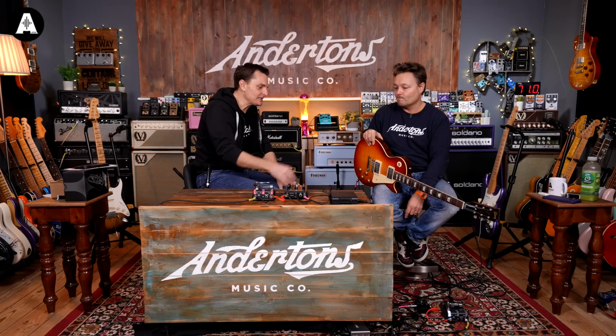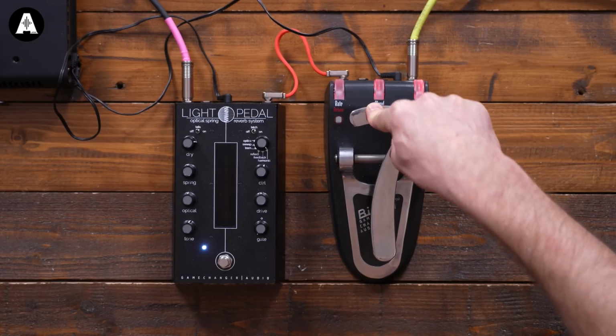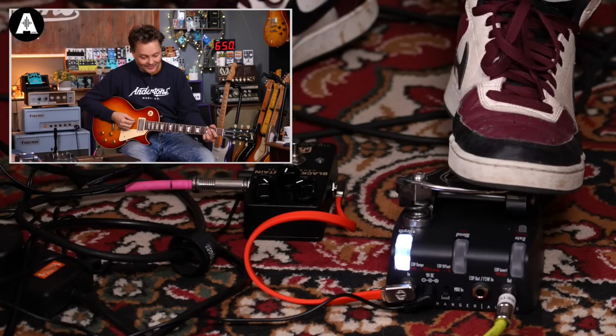Well, look, this is actually a relatively simple pedal. As you would expect, the Bigsby does 2 things. You push it one way and the tuning goes up. You push it the other, the tuning goes down. Let's have a little...